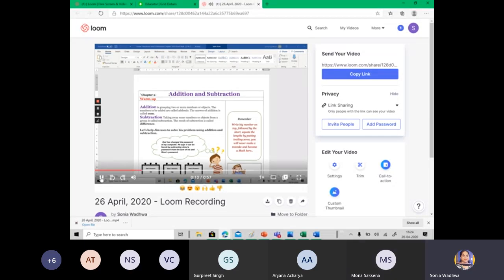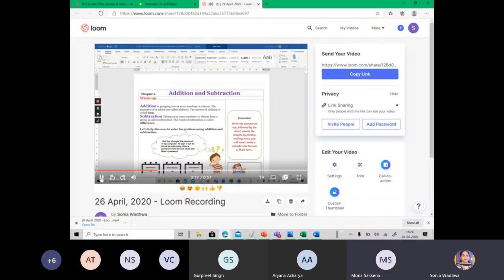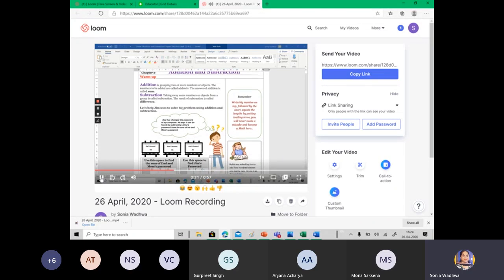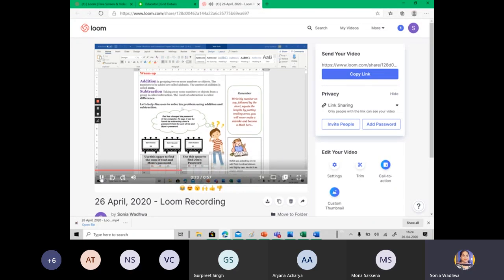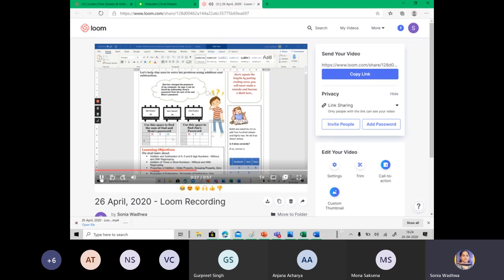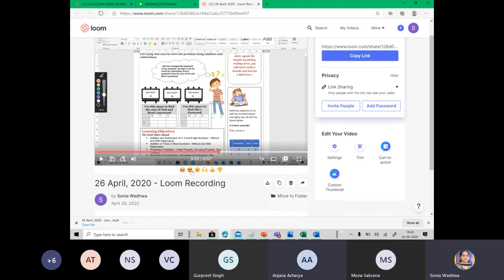So let's say I'm explaining, hello children, today we are going to learn addition and subtraction. You did this in the previous class also. Before we move on, here is the activity for you. Take out your rough notebooks and please start to solve this activity. So you give your instruction. If you want a mouse pointer while you are speaking, so you have your mouse. Could you see how my recording happened? Any confusion so far? No.